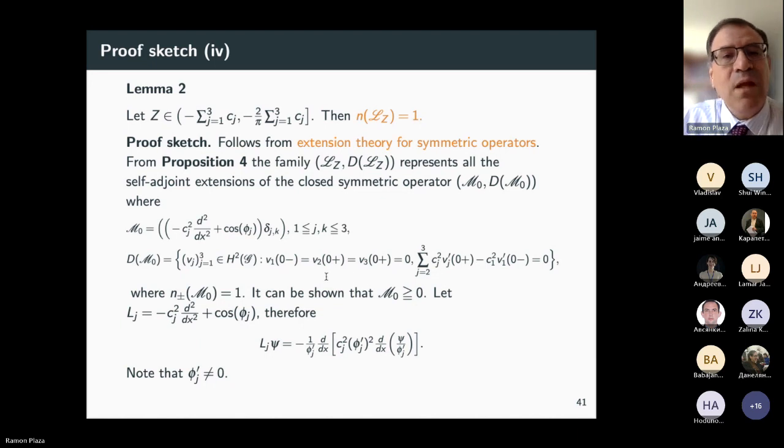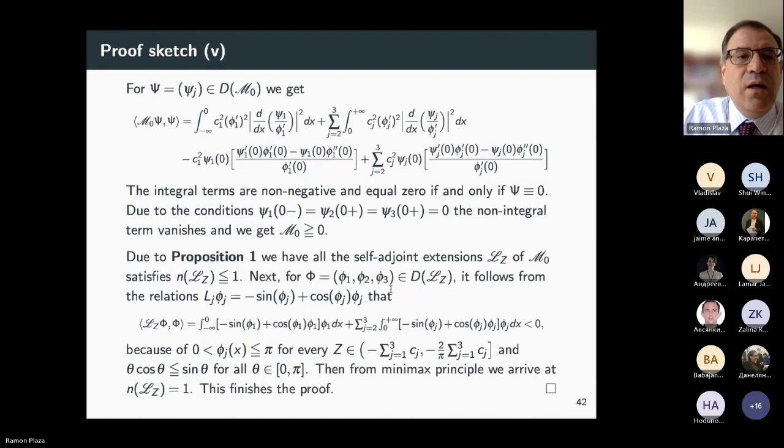Okay, so this family are all the self-adjoint extensions of this closed symmetric operator. So you can show that actually this operator is greater or equal than 0, and